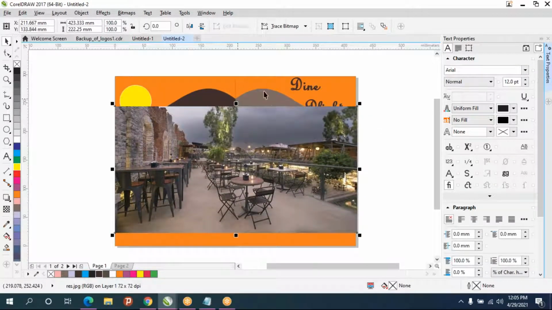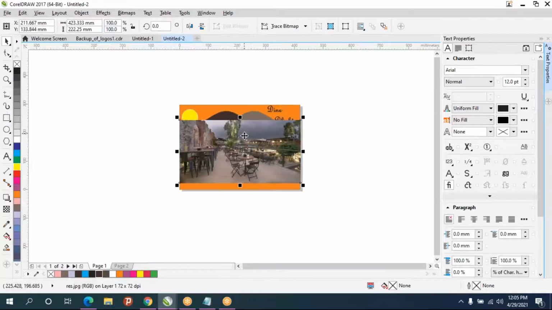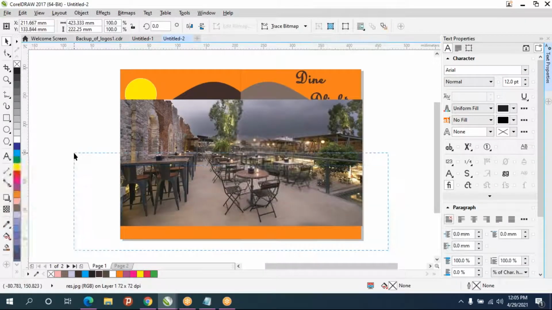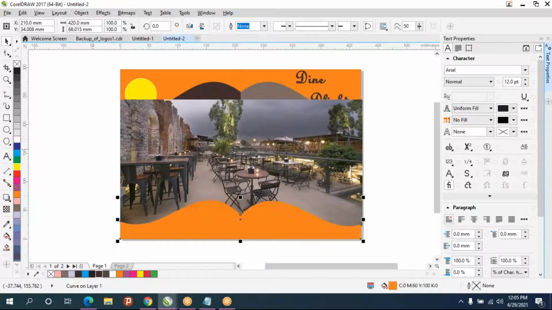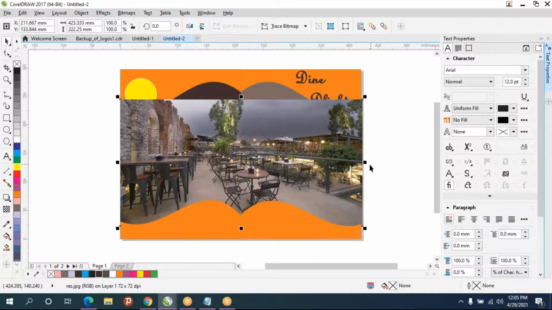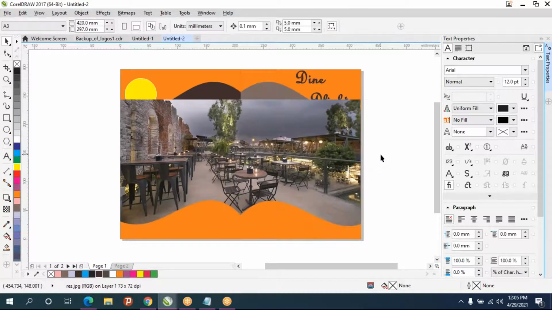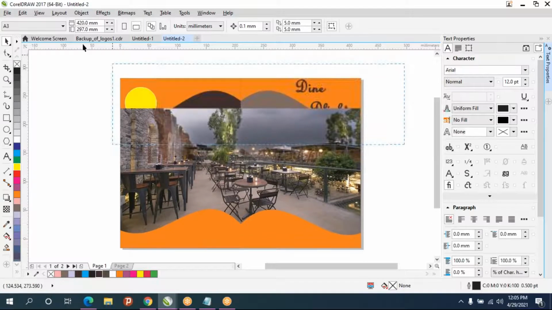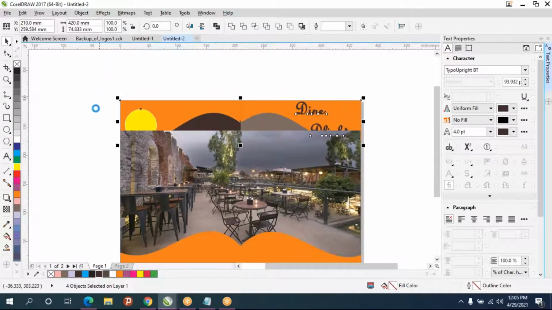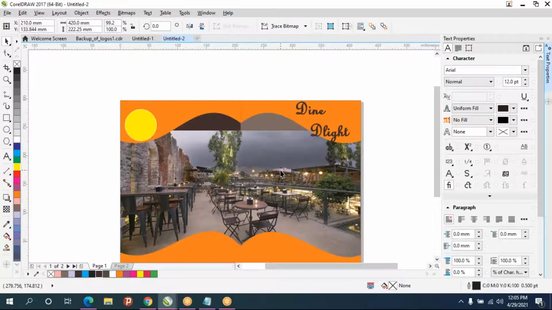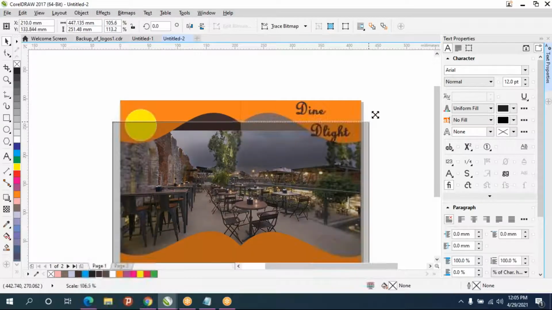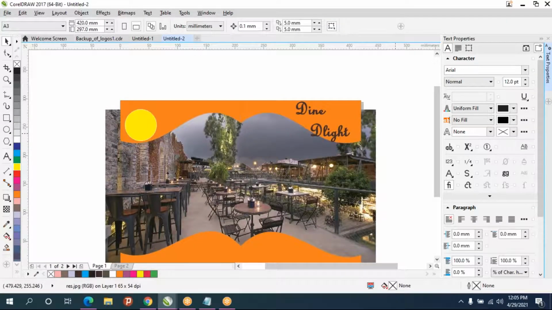And if you see the background things are not visible, so what I'll do, I'll select this everything, Control X, Control V. Even this also I'll select, Control X, Control V. You can make this image big also, no problem.